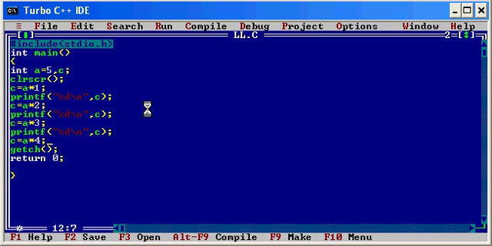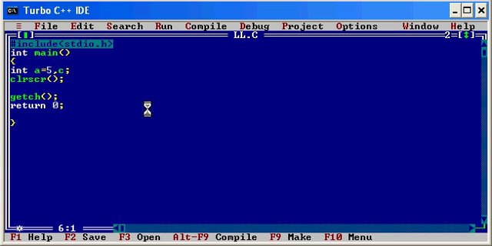There are basically three types of loops, that is the while loop, the for loop and do while. There are three kinds of loop. In this video we'll have a look at the while loop. So what happens in this while loop is, I'll write it. It is also same as if, but here we'll write a condition. While